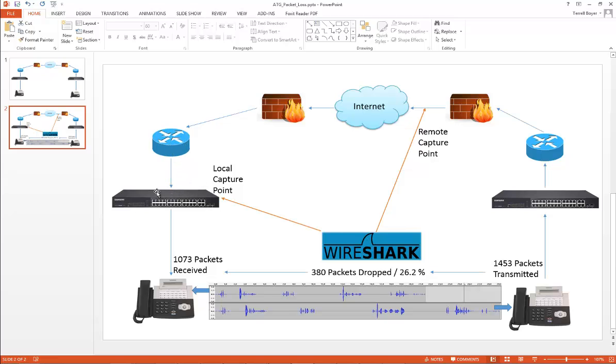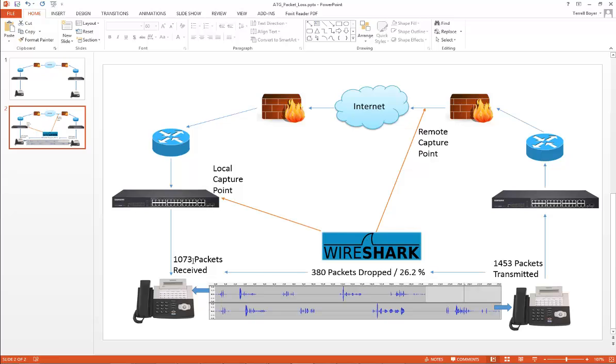And so we were capturing on the back side of the router with port mirroring on a switch. So I had one laptop running here on this switch, and I had another laptop on another switch that's not shown in this picture, and I was doing port mirroring there so that I could see what's happening on the front side of my router. So this is basically on the public internet, or just before it goes to the public internet. By looking at this trace, I was able to see 1,453 packets were sent from this location that passed this trace here. And when I looked at the trace on the remote side, we were only able to see